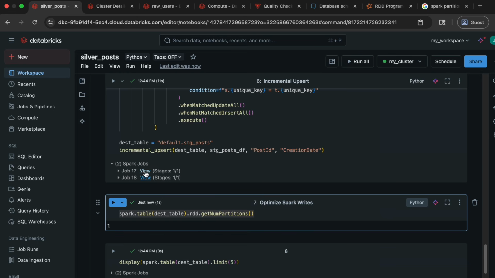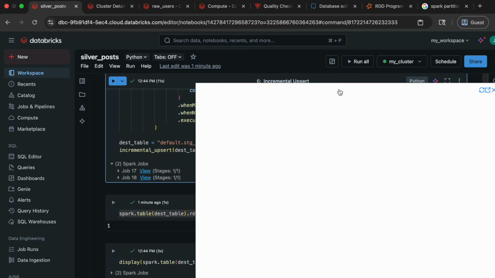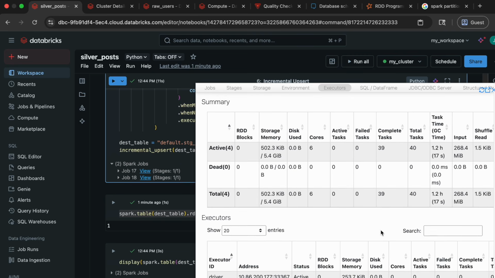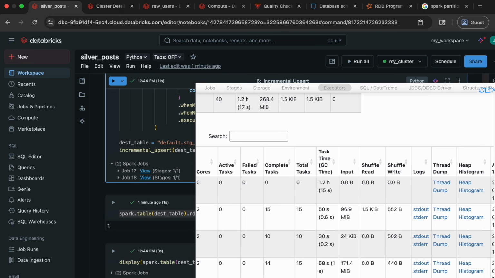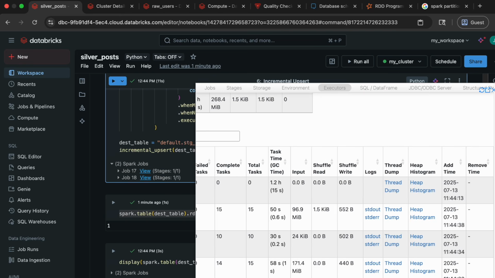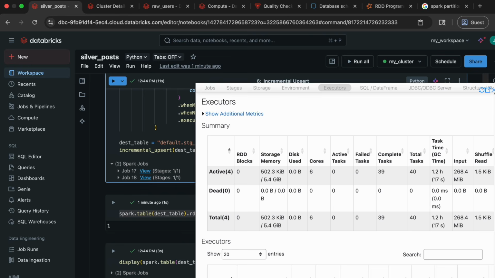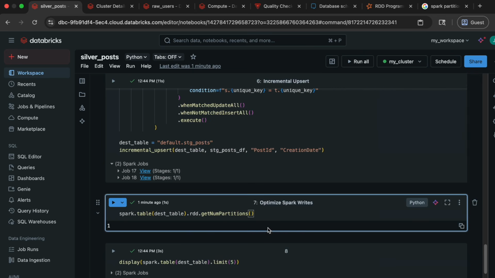If I click on my Spark jobs here and click on executors, I can see that there are 4 executors. Yeah, there are 4 executors being used. So I want to pick a multiple of the number of executors. So let's say, I could do something like